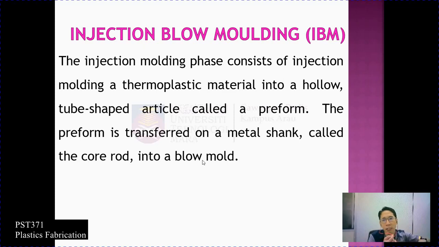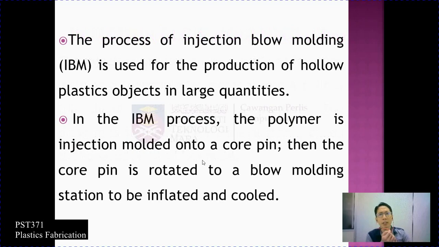Okay, extrusion blow molding you have a parison. Okay, for injection blow molding you have a preform. You need to inject the preform to produce a tube-like article. Again, the preform is transferred on a metal shank called the core rod into a blow mold. Okay, the process of injection blow molding or IBM is used for the production of hollow plastic objects in a